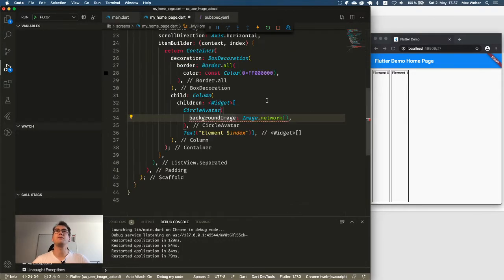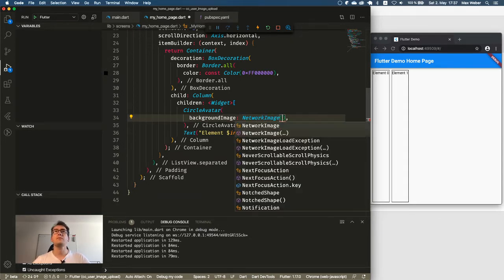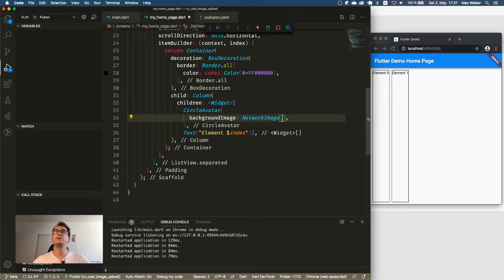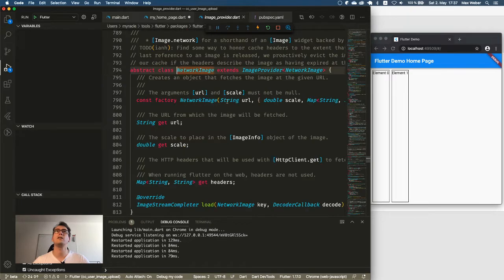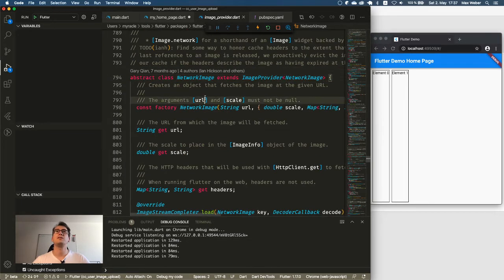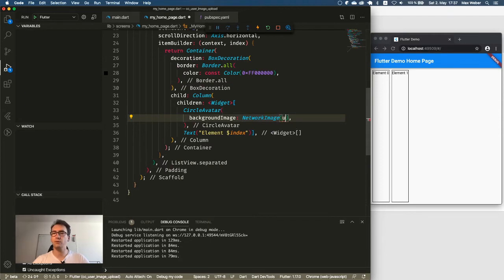That is very important for me because this one returns an image widget, but what it wants is just the network image in that case. So that is the image provider. Okay, let's have a look. What do you want to have? I think you want a source, or was it just the URL? That was just the URL and scaling. Okay, so we try it with the URL of image1.